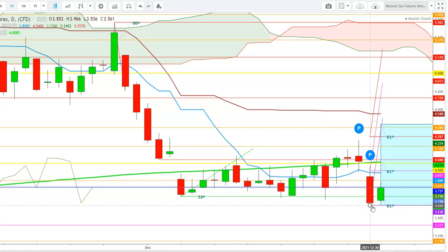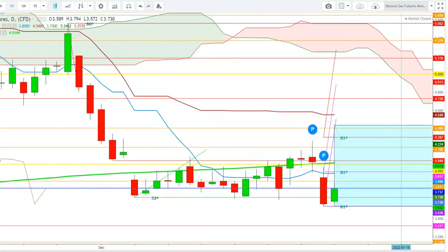3.533. So friends, here I find that the natural gas futures finally found some support on December 31st, when they found some bounce back and closed the year at the levels of $3.730. Here I find that the overall trend looks very indecisive, because